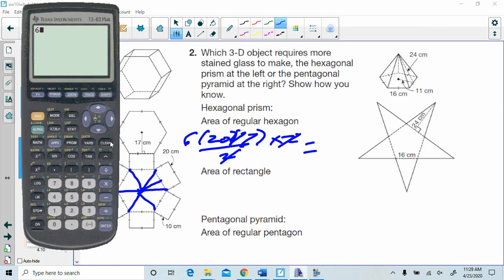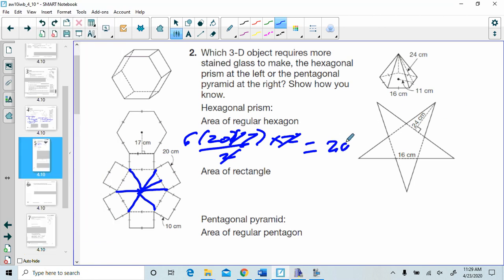So we have 6 times 20 times 17. So we get 2040. And that's in centimeters